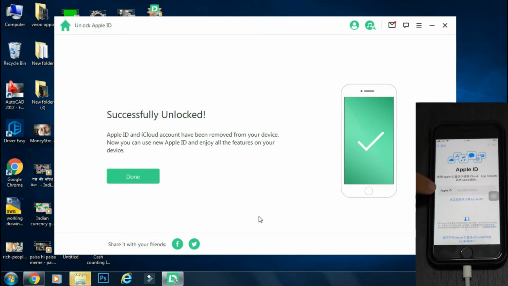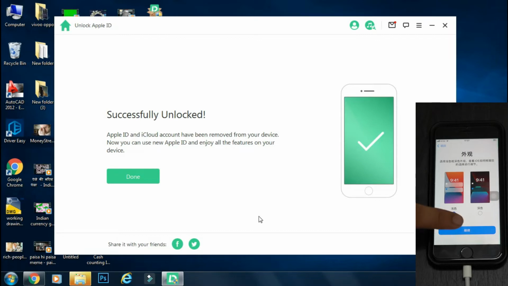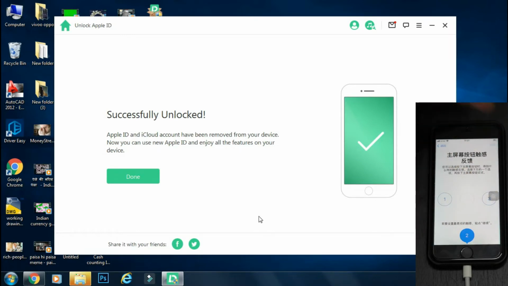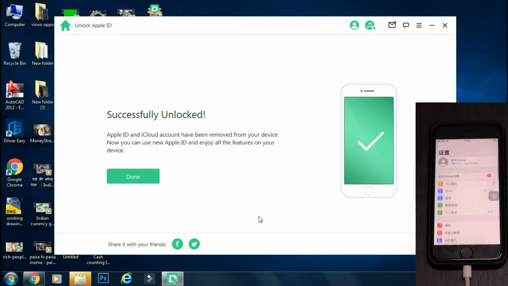But keep one thing in mind, that when you unlock your Apple ID of your iPhone using ID Lock, I don't know why but the iPhone boots up in Chinese. So just follow the steps that I'm doing on the screen to successfully get back to your home screen. So after the setup, we are finally back to the home screen, and the phone was not reset completely as my Wi-Fi password and some apps are already there in the iPhone. So that's a good point.